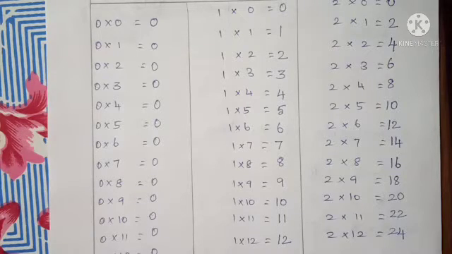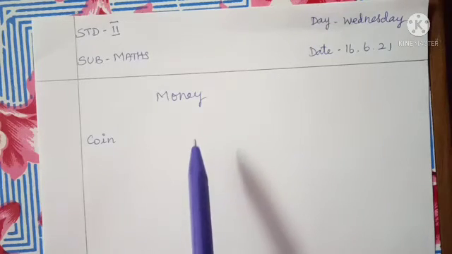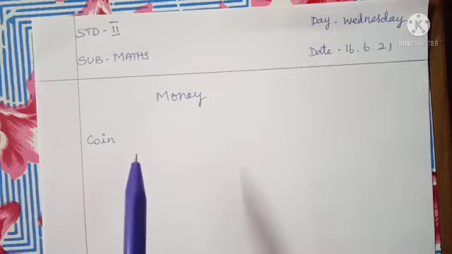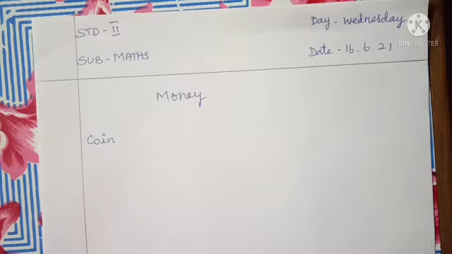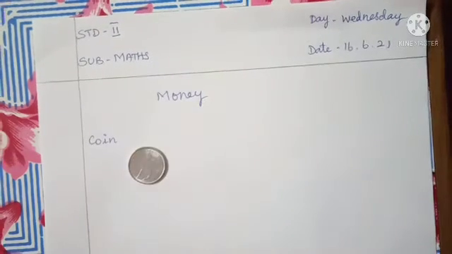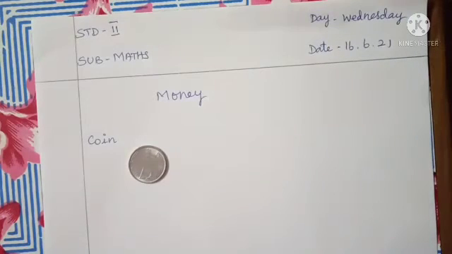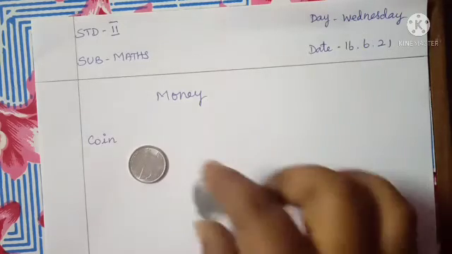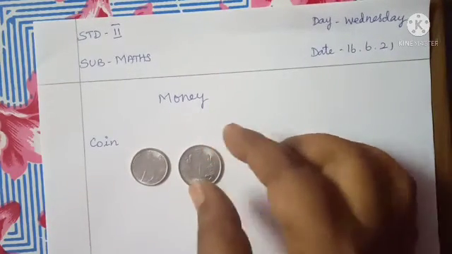We will learn about money today. Money is used in real life, in coins and rupees. So first, I will show you. See and find out the coins. First one I show here. Yes, this is 25 paise. This was used by people in real life. Old age people used 25 paise, but it is not used now. Now only the 1 rupee coin is used.